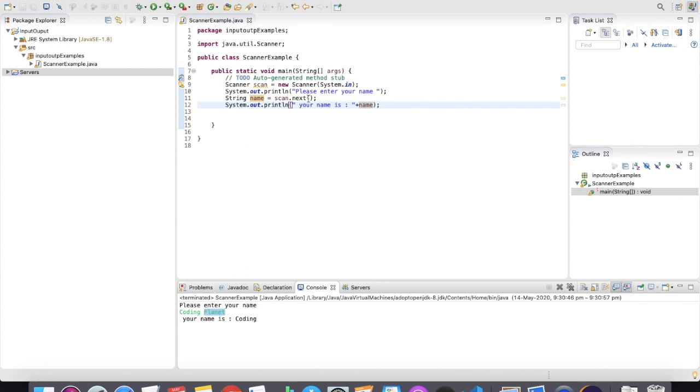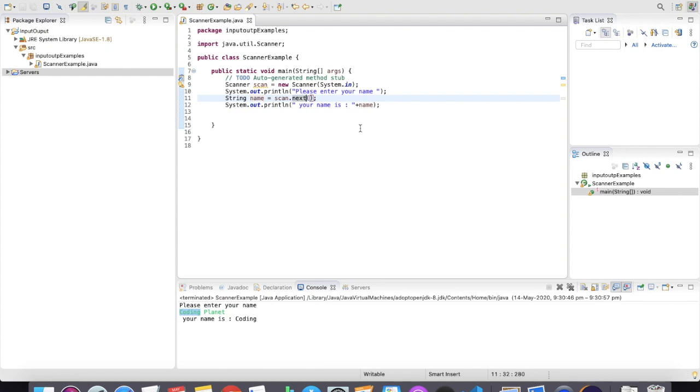So here is where nextLine comes to the rescue. The nextLine reads input including the space between the two words, and it keeps reading till the end of the line. If you want just the first name of the user, you can use the next function, or if in any program you just need to read till the first space, you need to use the next function.